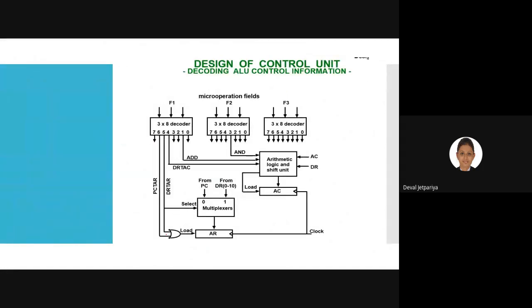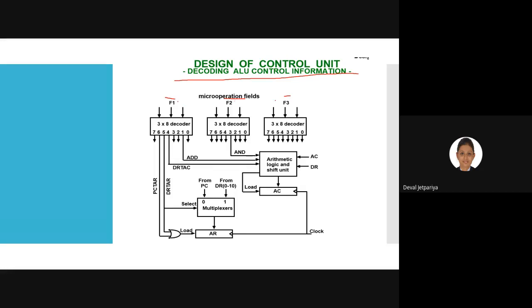The next topic is design of control unit. So till now we have seen what the requirements are and what the different modules in the control unit are. Now, imagine all this information together, we are able to design one basic control unit, right? So we all know that in the control unit we mainly have micro operations, and we had specified them in three categories: F1, F2 and F3. Why did we categorize them into three different tables? Because they have different usage, and usage-wise we categorized them.